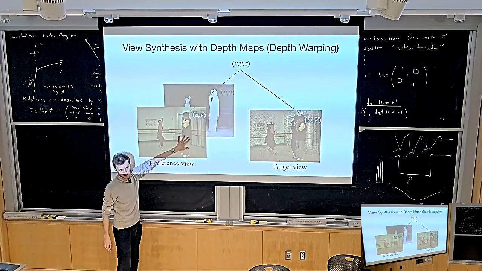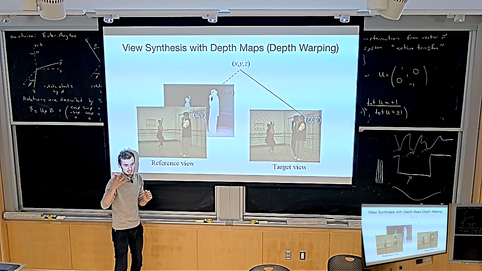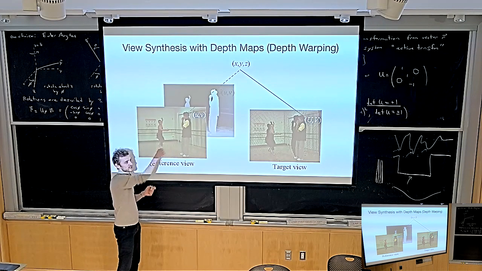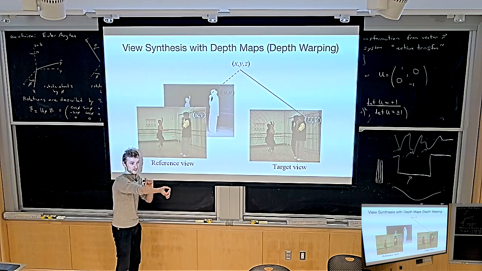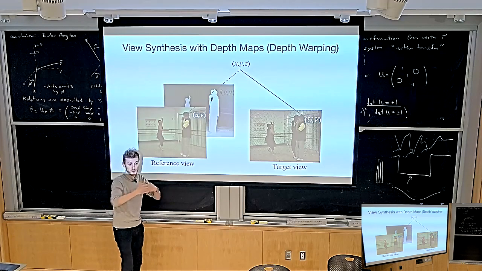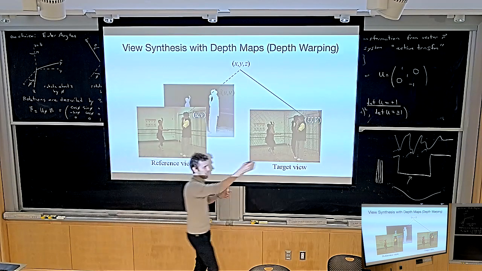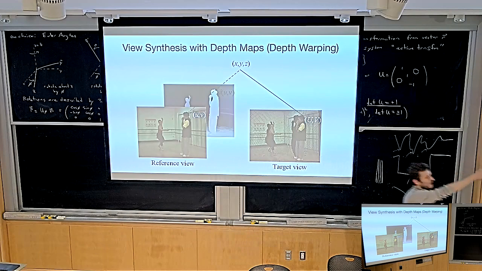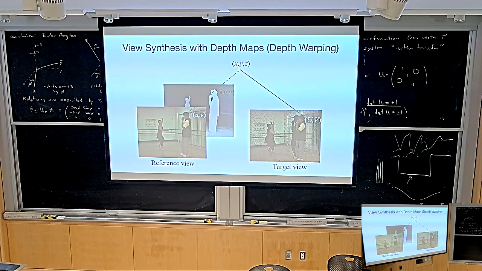The way you can answer this question using the depth map is, conceptually, although in implementation you would do it differently, you take all of these points, you unproject them into 3D, right? You make a point cloud out of them. And then you have these points in 3D. You take this camera view from here, you project these points back onto the other camera, and then you just plop the right color in that point. Does that conceptually make sense? So basically you can render the point cloud from a different camera position.